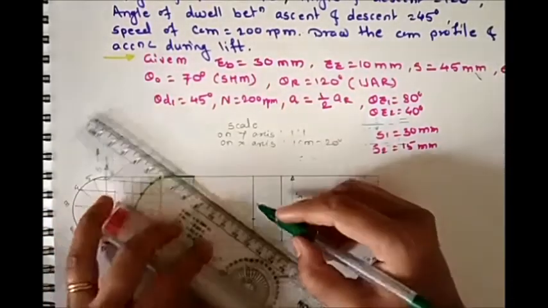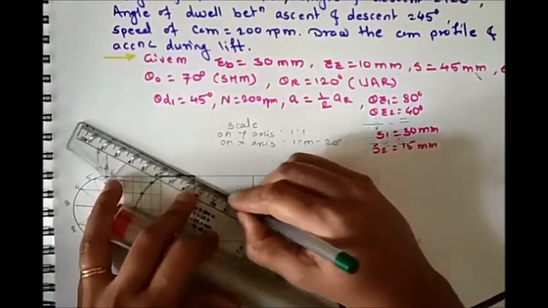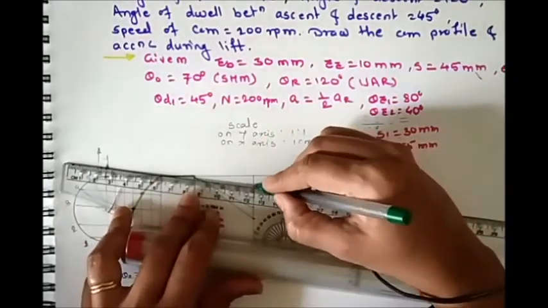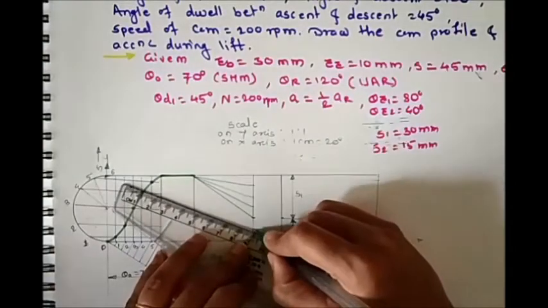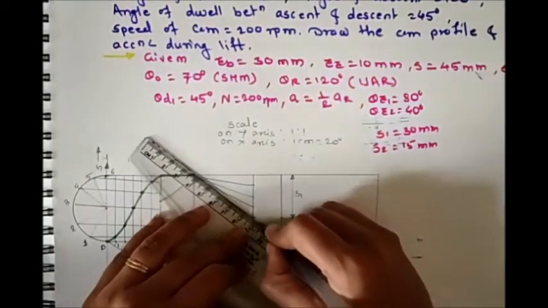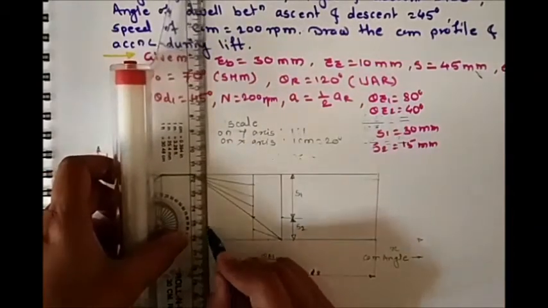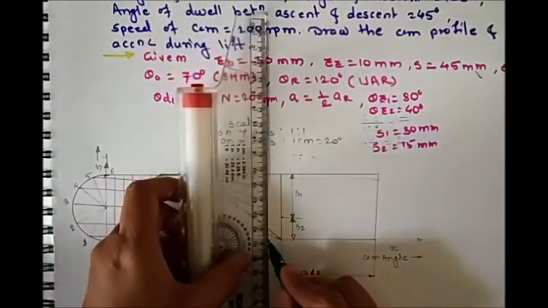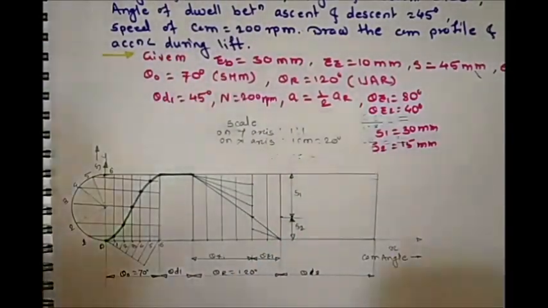So now join these first 4 points with the first corner of the return stroke and join these last 2 points with the last corner of the return stroke, okay, as we have seen earlier, and draw vertical lines from these division points during the acceleration return stroke angle and deceleration return stroke angle,